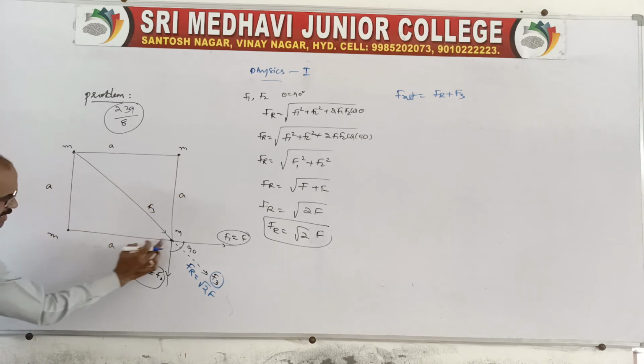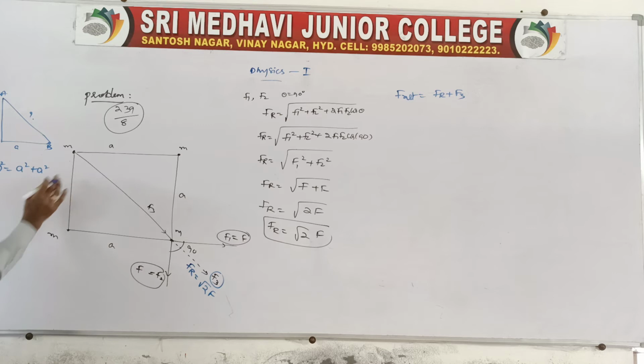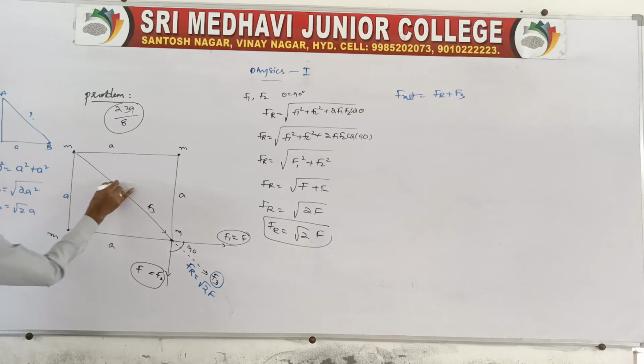Again, you look at one triangle. It is a right angle triangle. Use that right angle triangle here. Look, this is A and A. We don't know this distance. Apply Pythagoras. Suppose you say A, B, C. That is AB square is equal to A square plus A square. Therefore AB is equal to root over 2A square, so AB is equal to root 2 A. So now we know the distance is root 2 A.